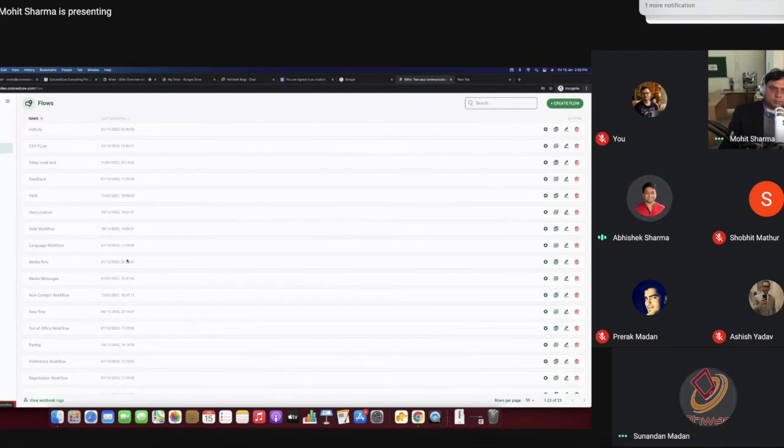Anything you want to use, like help keywords, right? Like help only. Yeah, like help only. But see, since these keywords can be customized, they can be different from organization to organization. That's why there's no separate global keyword as such. It can be defined. Opt out and opt in are the global keywords. Opt out is more of a Gupshup thing. Yeah, that's how they manage it.